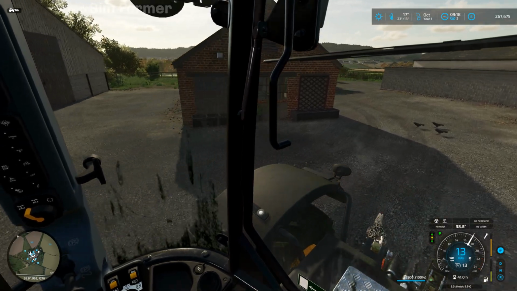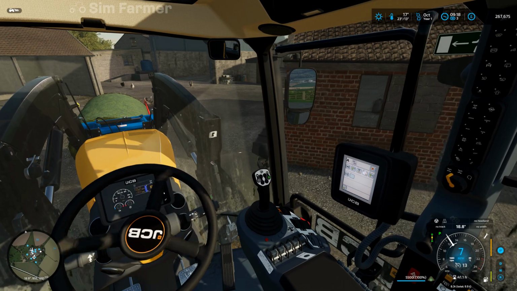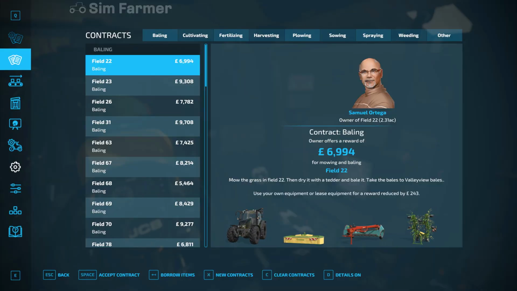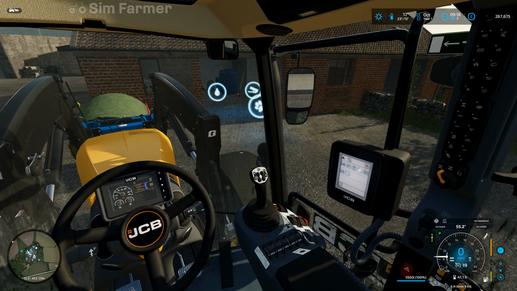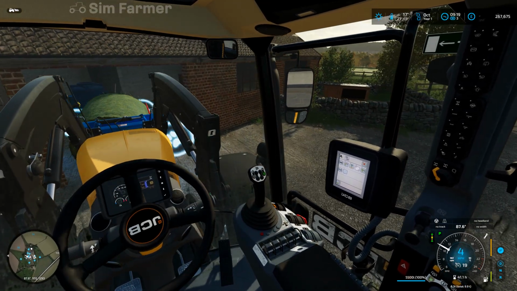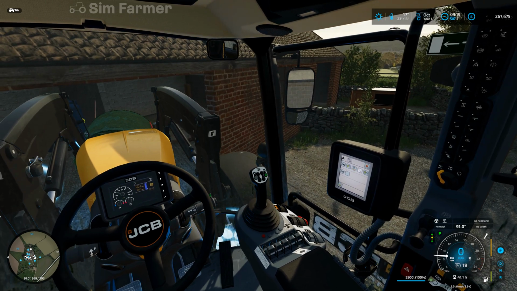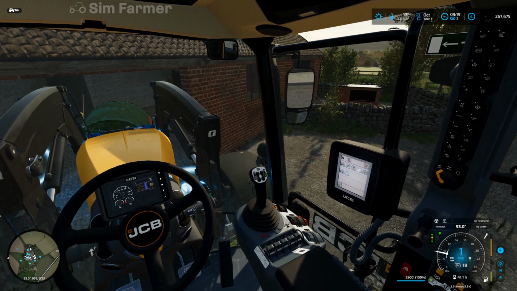Which I think the feed trigger is inside this shed. I will just double check by putting the interactive zone markers on. It's been a while, yeah, and hopefully that will take this. I'm pretty sure from what a lot of people have been saying on Facebook that they do take just straight up grass, unless you're using Maize Plus. I think